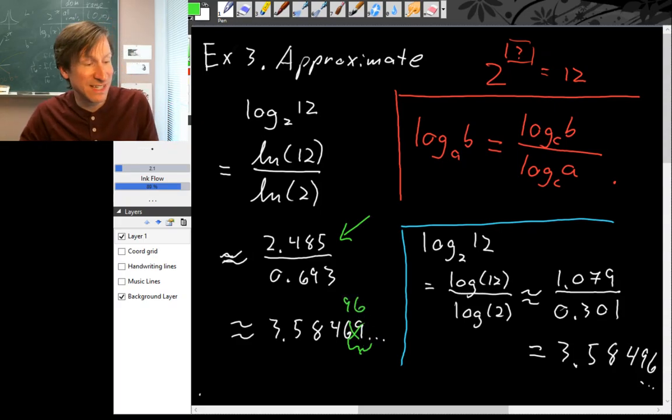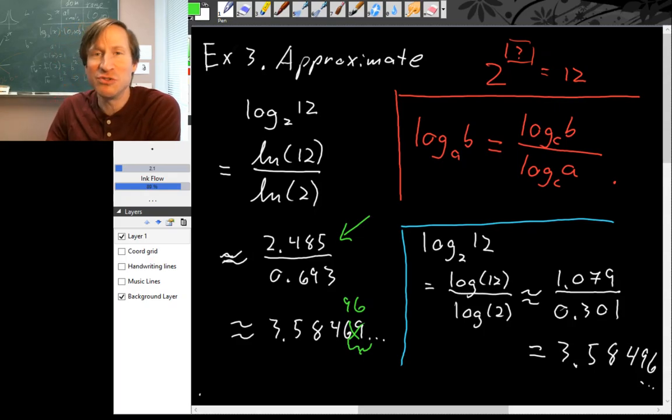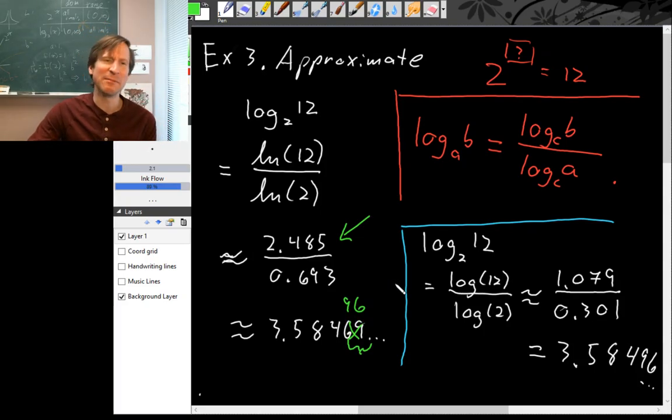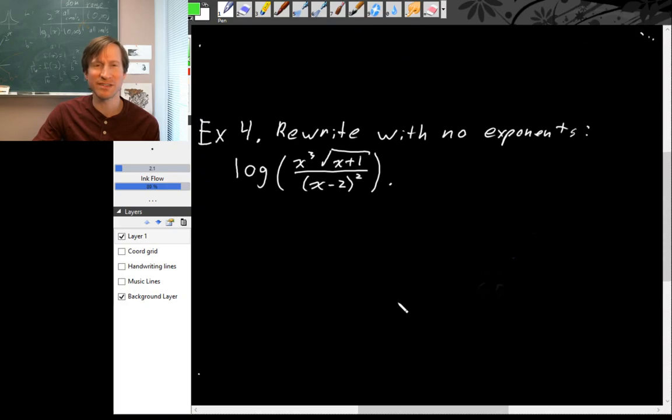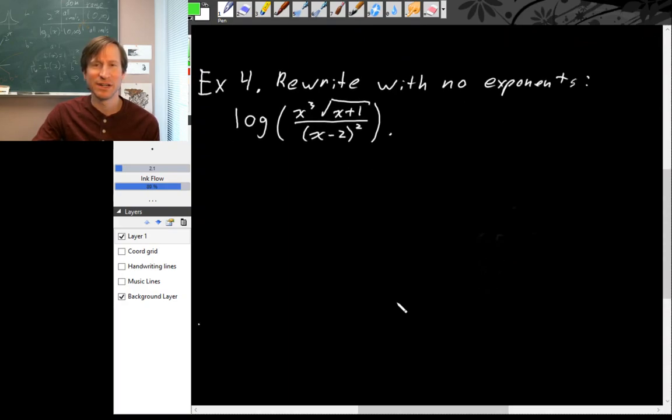So they do come out to be exactly the same thing. We could use any base at all, but in practice you'll almost always use either natural log or common log because those are the two buttons that you have on your calculator. All right, just to put all of this together, let's look at one other example of how you can use